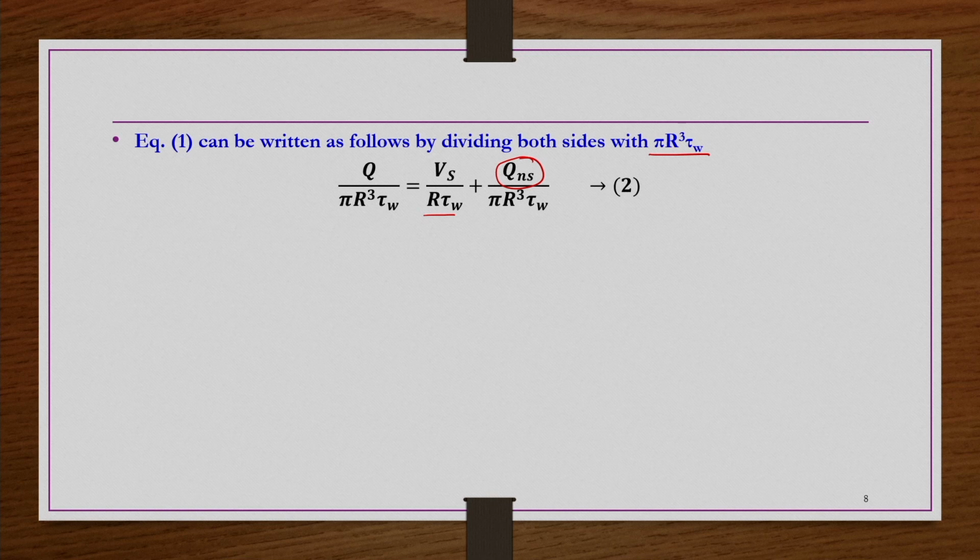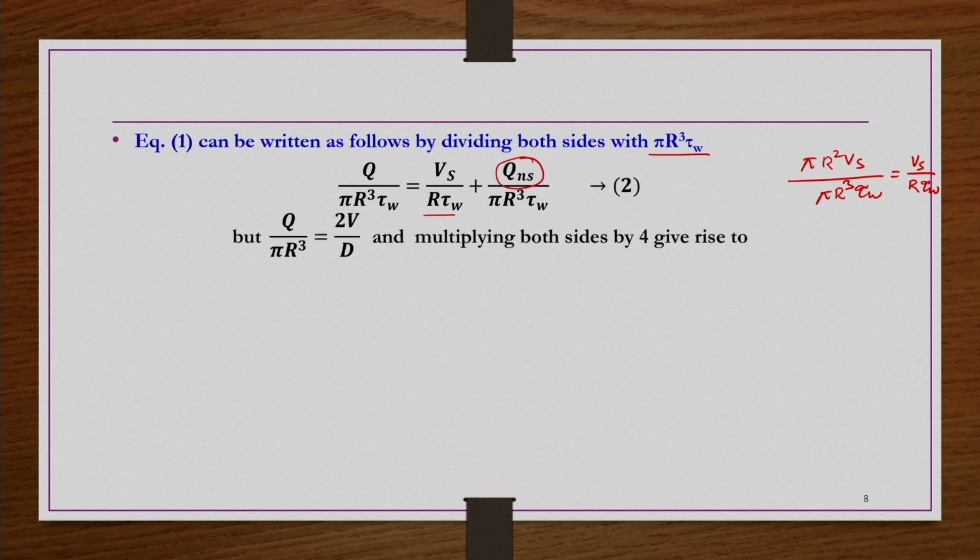So, Qns divided by pi r cube tau w. Okay. So, the first term in the RHS is pi r square Vs, if you divide it by pi r cube tau w, then you will have Vs by r tau w,